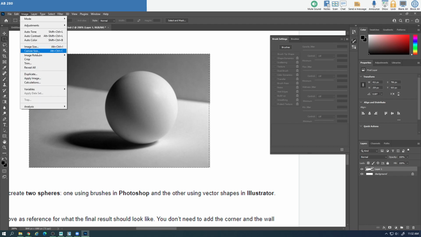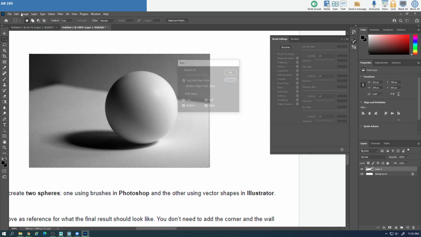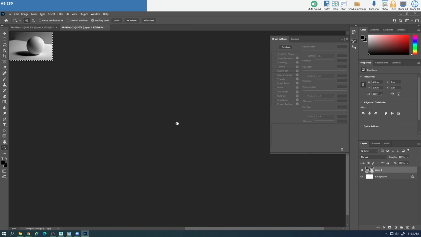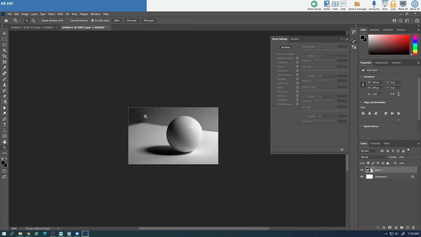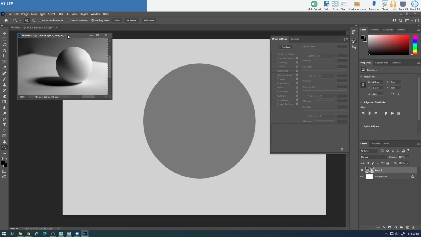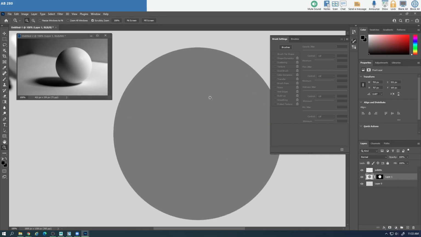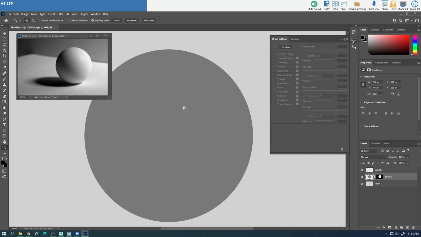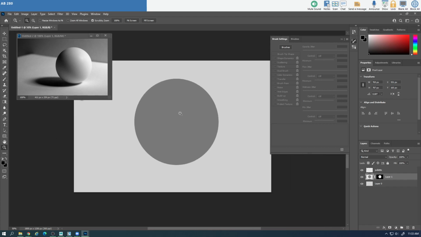I have it set up like this. I'm going to go into Image, Crop. Whoops. And now I've got this image. I'm going to take this whole setup here, middle mouse button drag, or left mouse button drag, so I have this kind of floating on top. And now I have my reference. Very easy for me to be able to work with this. So now that I'm ready to go,